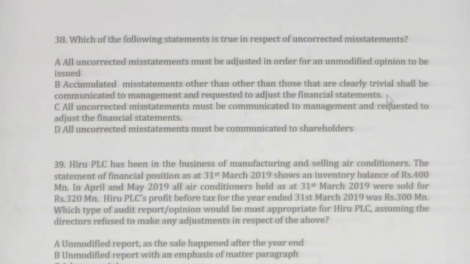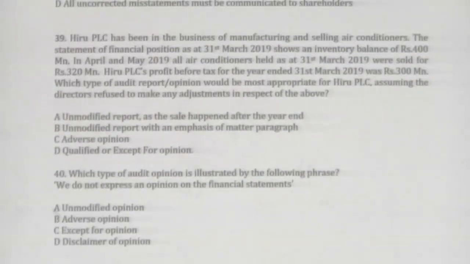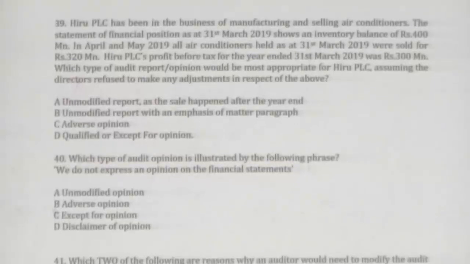The auditor sets a threshold: I am only interested in errors above 10,000. So, you have a sheet to record errors above 10,000 and give this sheet to management and ask them to correct. So, this is the right statement, but if you look at C and D, all uncorrected misstatements are not communicated, especially small ones, we can't say all are communicated to shareholders, no. So, that is the answer, right. So, the answer is B. Then this question is from audit reporting. So, audit reporting is a fairly easy area if you properly study again. Let me clarify that, right.